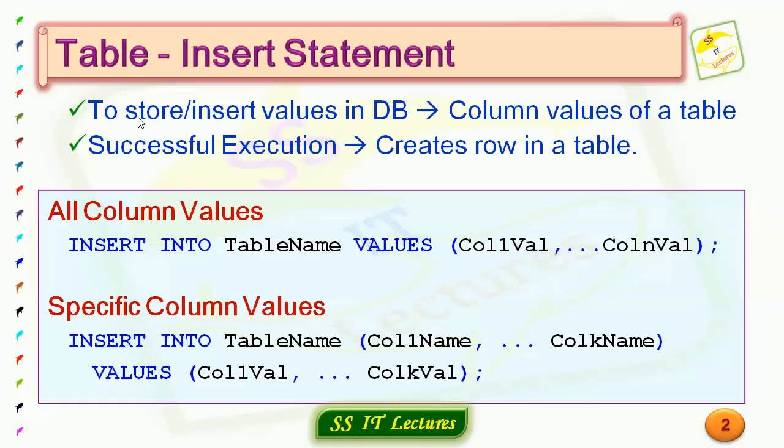To specify column values, if the column data type is numeric, then simply enter the value. If the column data type is a string, then enclose the value within single quotes. If the column data type is date or time, then we have to use a built-in function called to_date.